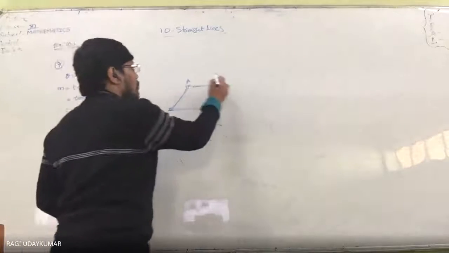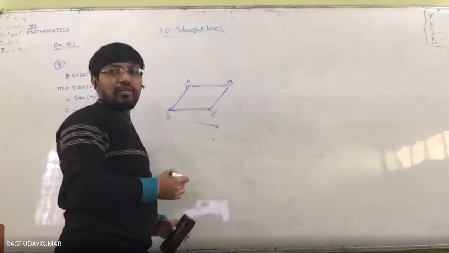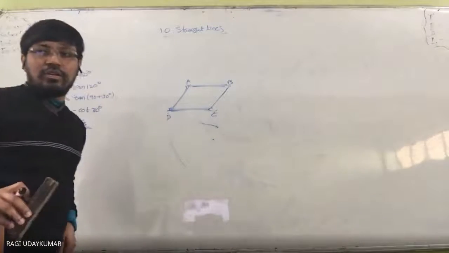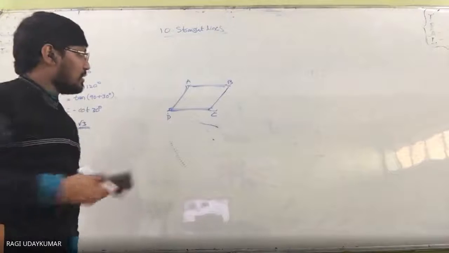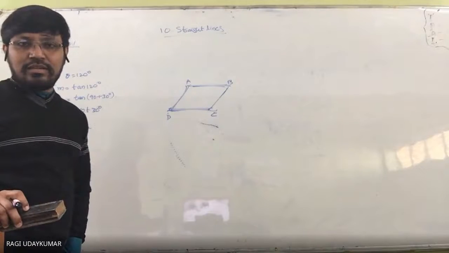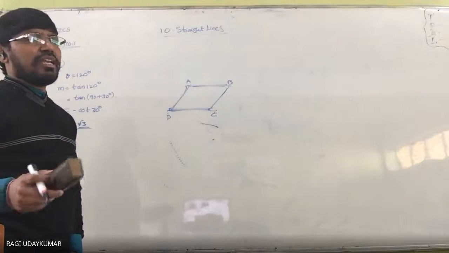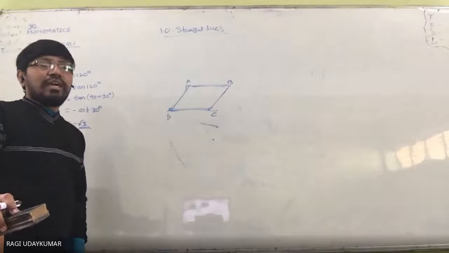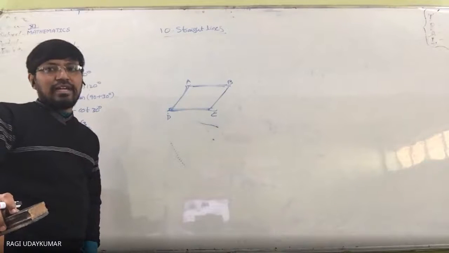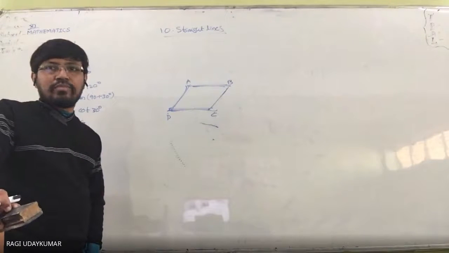So points are given to you, 4 points A, B, C, D. Find the slope of AB, find the slope of CD; both the slopes are equal. Then find the slopes of BC and AD; both the slopes are equal. Sir, opposite angles are the same, right? The angles concept is not essential. If the slopes are equal, lines are parallel. If you find two pairs of parallel lines in a quadrilateral, then it is a parallelogram.